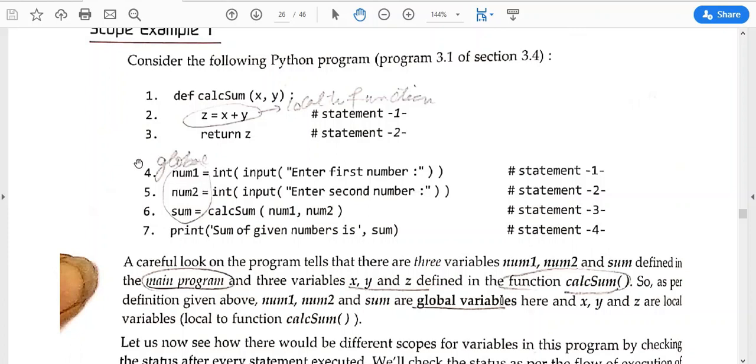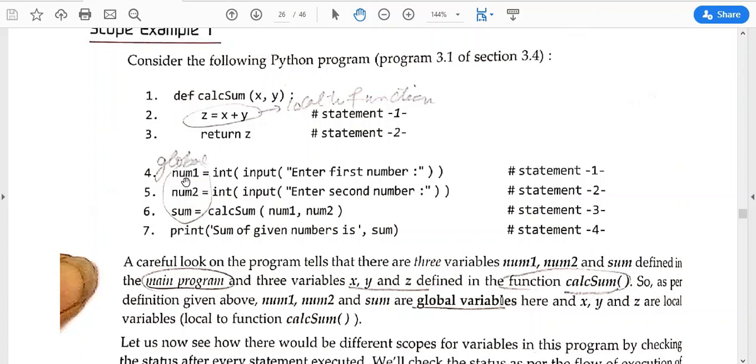See here, from here the main part of the Python program will start. Function definitions are never read before the function call is executed. So these function headers are just seen by the Python interpreter and then ignored completely. These statements are not read. These statements are read only when the function call is encountered. So initially the program execution will start from the main part, which begins after the function definitions.